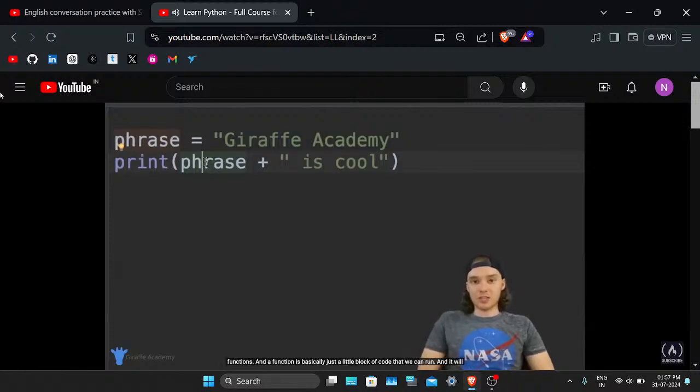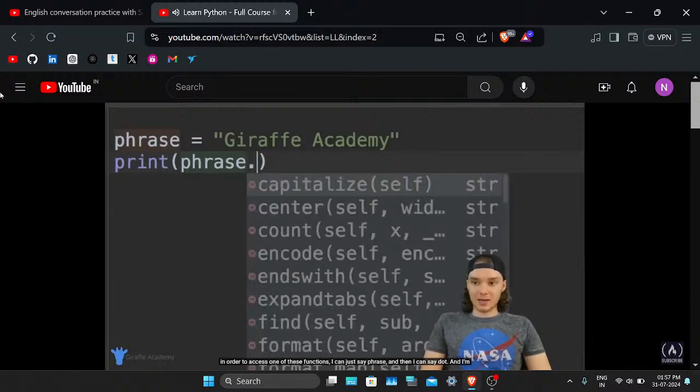In addition to doing all that stuff, we can also use special things called functions. A function is basically just a little block of code that we can run, and it'll perform a specific operation for us. We can use functions to modify our strings, and we can also use functions to get information about our strings. I'm going to show you guys a couple common functions we can use with these strings, and they're actually going to do awesome stuff. In order to access one of these functions, I can just say phrase, and then say dot. And I'm going to show you guys a function that we can use to convert this string entirely into lowercase. So I could just say